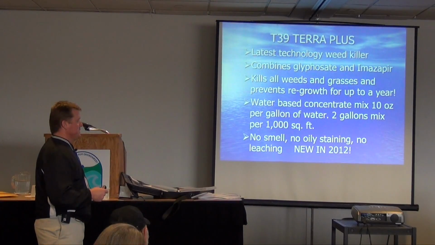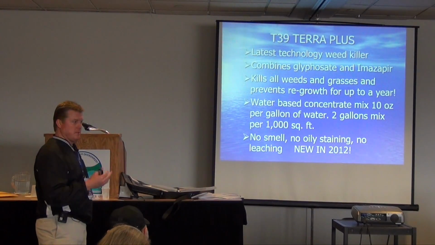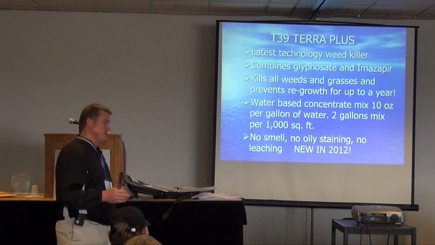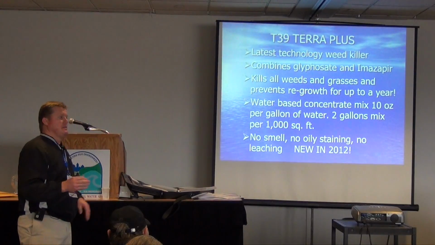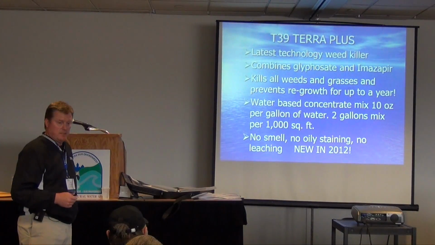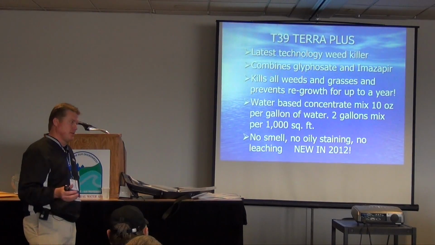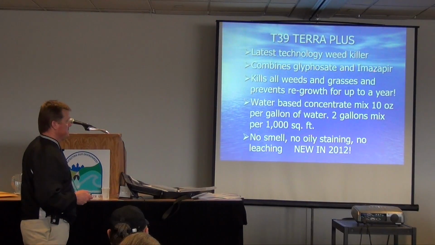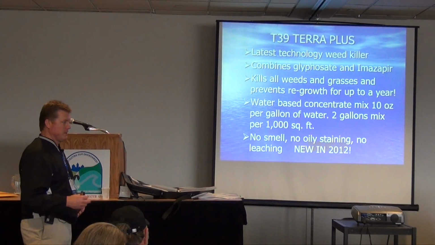What imazapyr is, it's a chemical that prevents germination of any seed. Just like if you were out in your lawn at home putting out a crabgrass preventer, what makes crabgrass preventer work is that it prevents crabgrass seeds from germinating and growing. Everything else is fine. Imazapyr is kind of the same principle, but it prevents any seed from germinating and growing. Grass, weeds,